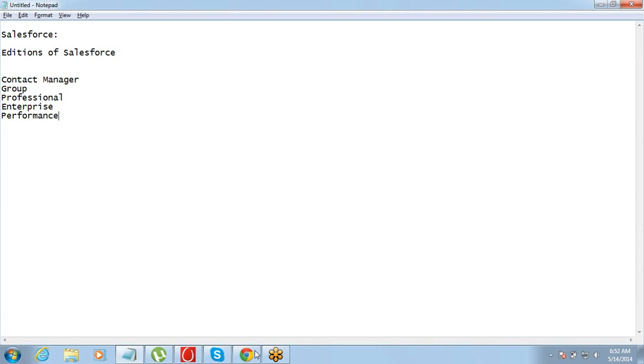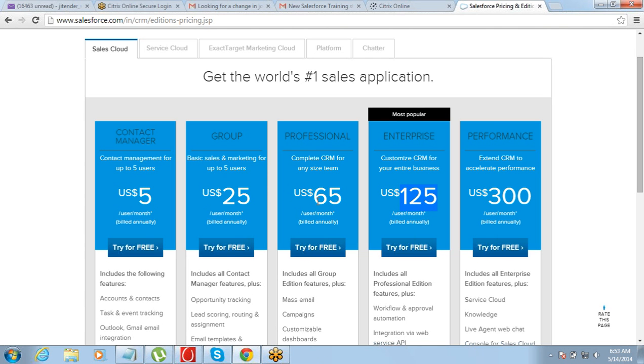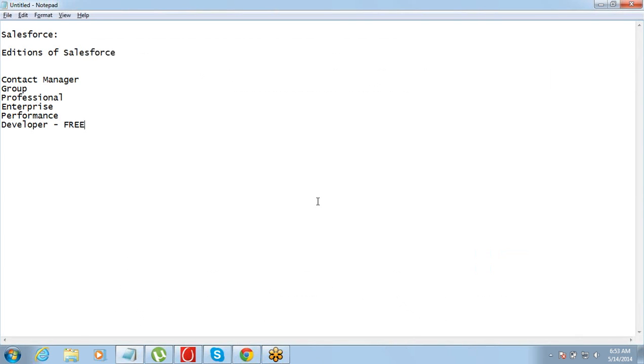Apart from these 5 editions, there is one more edition which is not listed here, which is called a Developer Edition. A Developer Edition is basically a free edition. It's free, and that is the reason why they have not put it on this pricing list, because there is no price attached to it, and this is for learning, for people who want to learn. Okay. So what we'll do, we'll create this developer